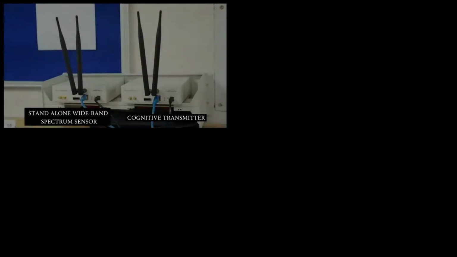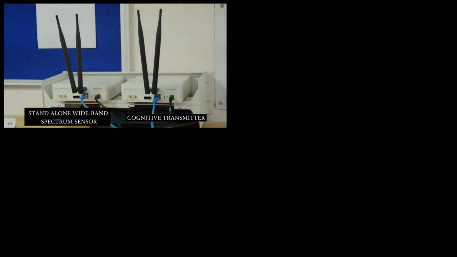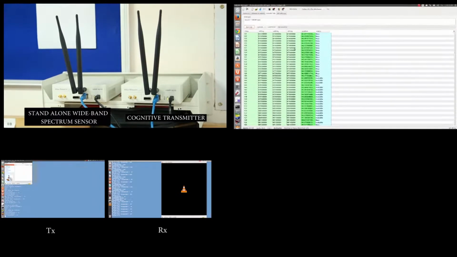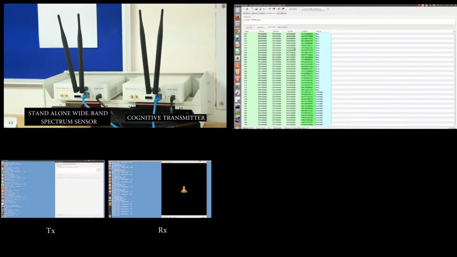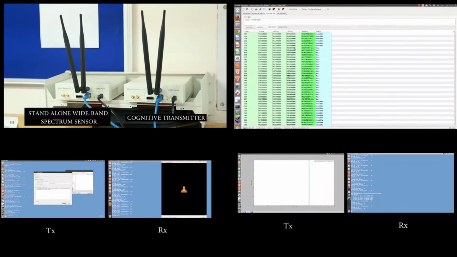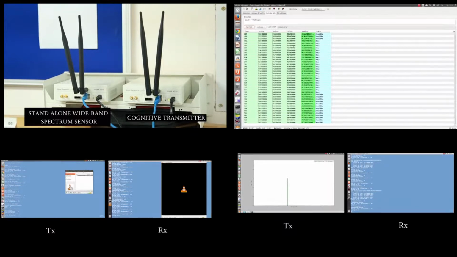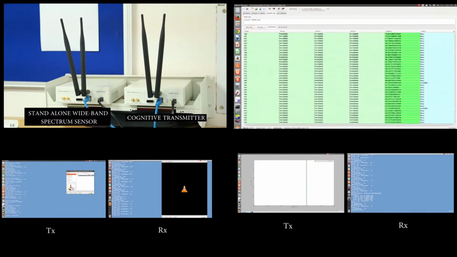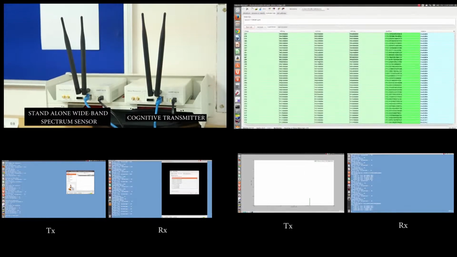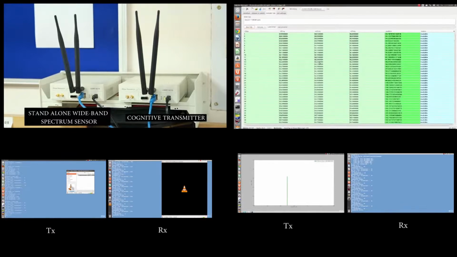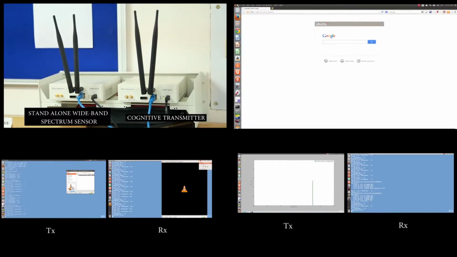In the previous demonstration, we demonstrated a basic cognitive radio functionality implemented over USRP N210 SDR platform. There, we deployed a standalone spectrum sensing unit with the purpose of generating real-time spectrum occupancy in the form of a spectrum availability record. This record assumed the task of providing a priori information on availability to the transceiver operating cognitively in a wideband. Then we showcased the flexibility and reliability of a TCP/IP link possible over such dynamic radio access.